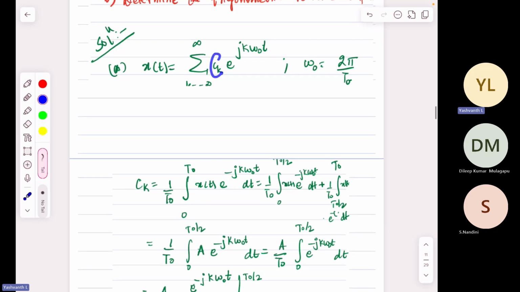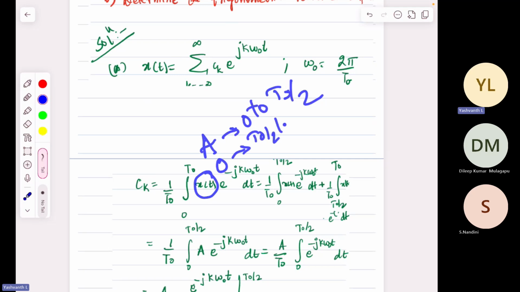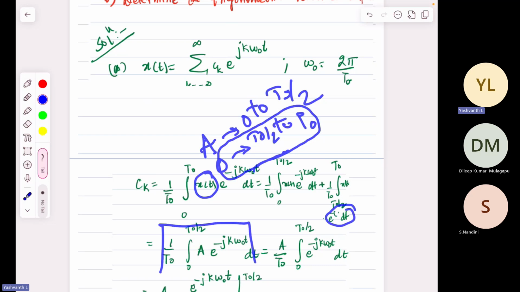Now, how to compute ck? We computed ck by the integration 1 by t naught integral 0 to t naught x of t e power minus j k omega naught t dt. And so basically, what did we say? x of t takes a value a from 0 to t naught by 2, and it takes a value 0 from t naught by 2 to t naught, right? And that's what we did here. In the range t naught by 2 to t naught, the x of t is 0, so there is no integral. So this is as good as saying ck is equal to 1 by t naught integral 0 to t naught by 2